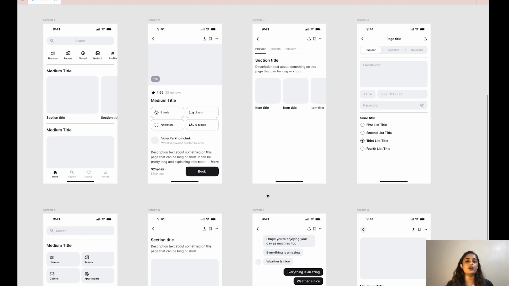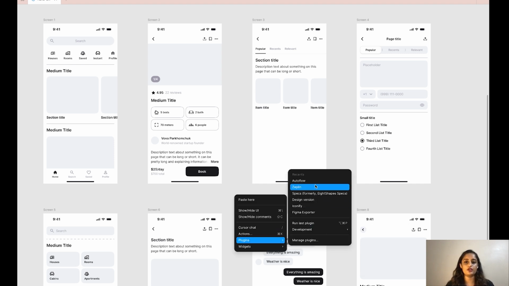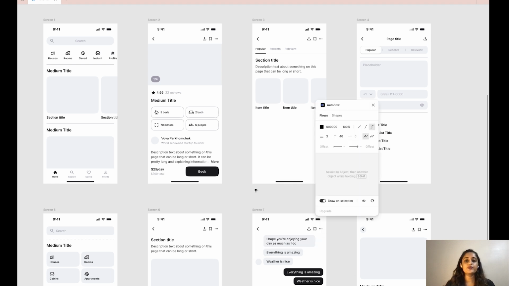So I think part of communicating your design to developers is also providing clear cut directions for developers and any stakeholders who come to your file. So you can go to the plugin section and click on Autoflow. It's going to open up a small widget that lets you customize the type of arrow you want. You can adjust the radius, you can adjust the stroke. So these are the parameters that I'm clicking.